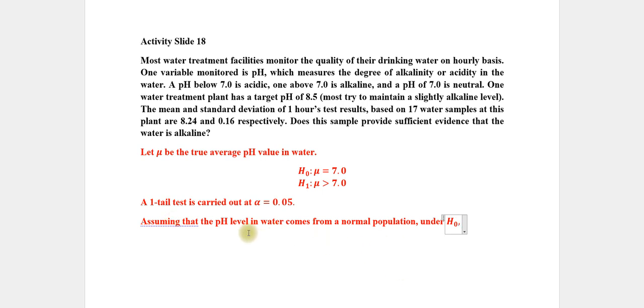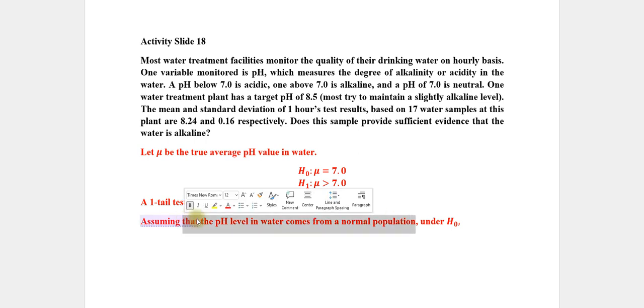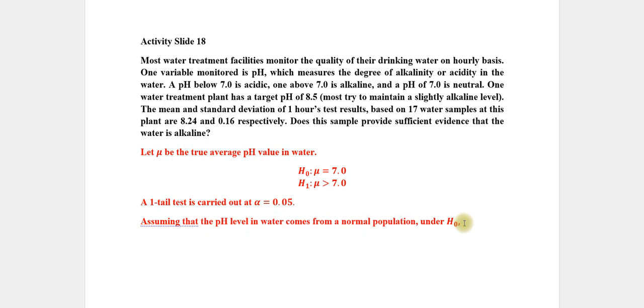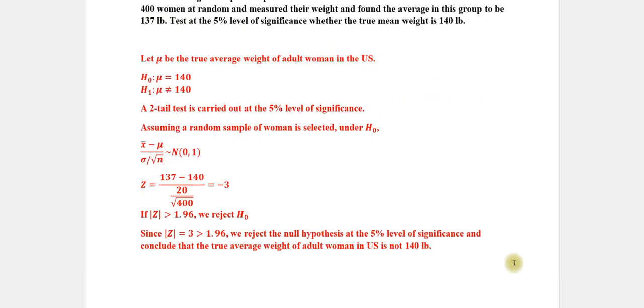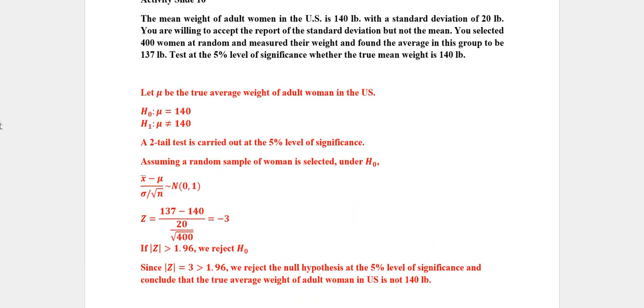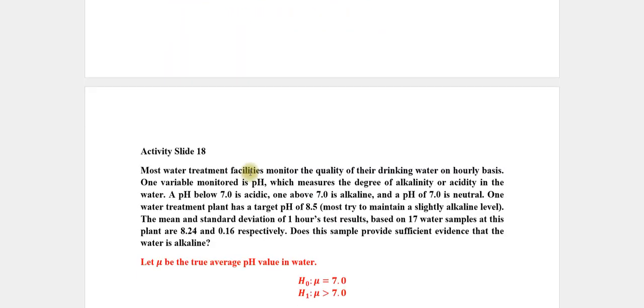So assuming that the pH level in water comes from a normal population, don't forget this assumption, just like you would have done if you were to do this question using a confidence interval. So under H naught, we'll start to write down our test statistic. Anyway, x bar minus mu divided by, the only thing that is going to change is s,